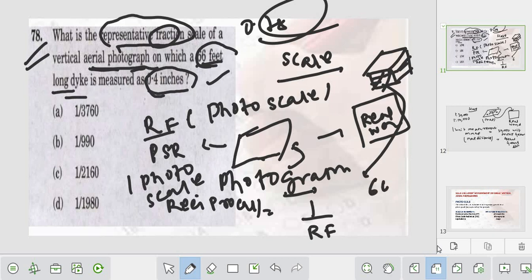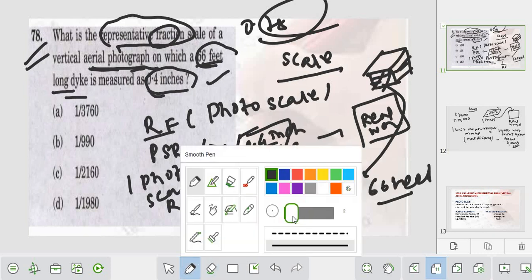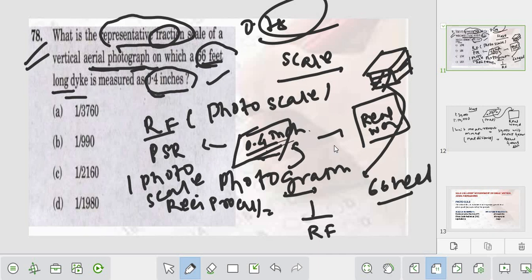Dike का length क्या है? 66 feet in real world, measured as 0.4 inches in the photograph. ठीक है, 0.4 inch. So फोटो पे वो लेंथ है 0.4 इंच, बट एक्चुअल रियल वर्ल्ड पे डाइक का लेंथ है 66 फीट. ठीक है, तो वो क्या पूछा है, अगर 0.4 इंच is equivalent to 66 feet, then what is the exact